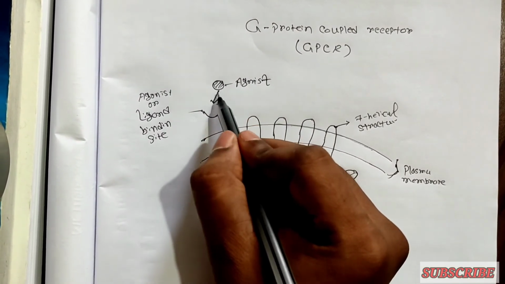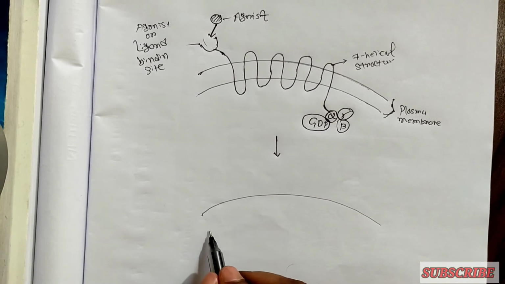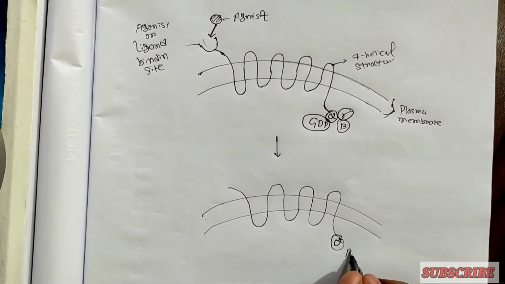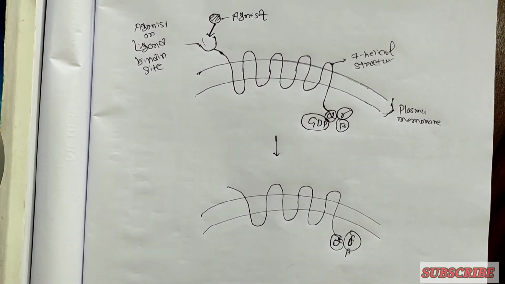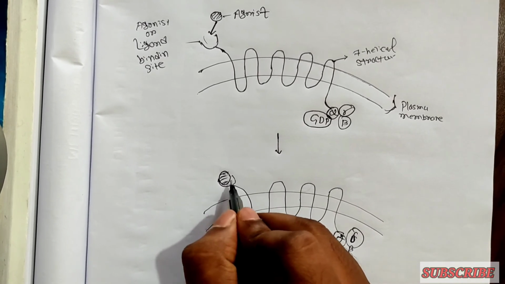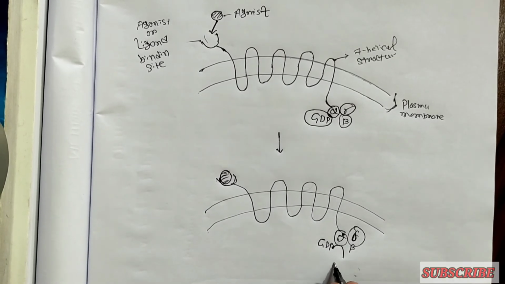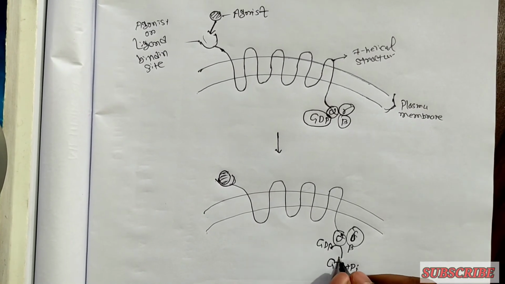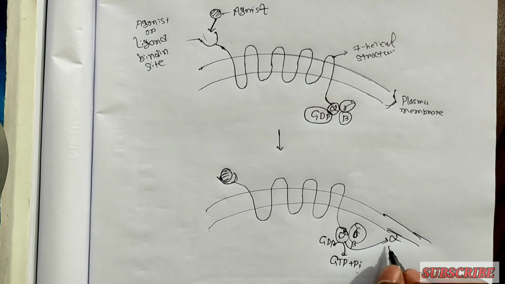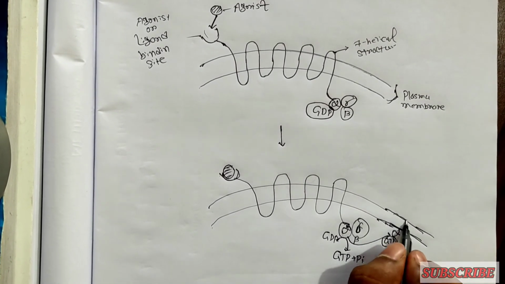Okay, what happens when this agonist binds to this binding site? So let's see. Again we are drawing a diagram. If the agonist binds to the binding site, there will be some conformational changes, and what will happen? The bound GDP is converted to GTP and Pi, and due to this the alpha subunit will dissociate with the GTP. This GTP will provide energy to the alpha subunit, and it will move along the plasma membrane